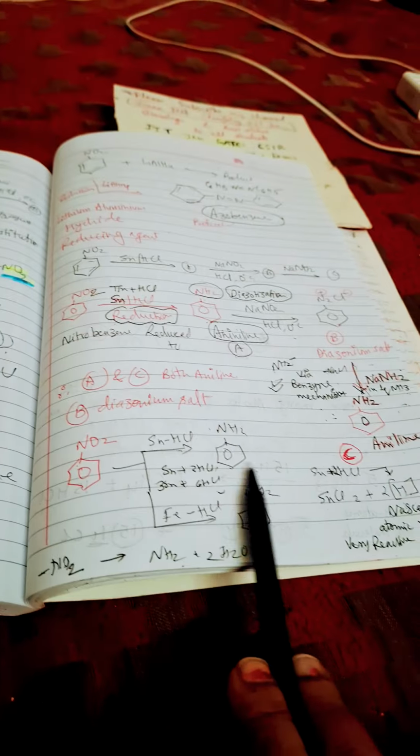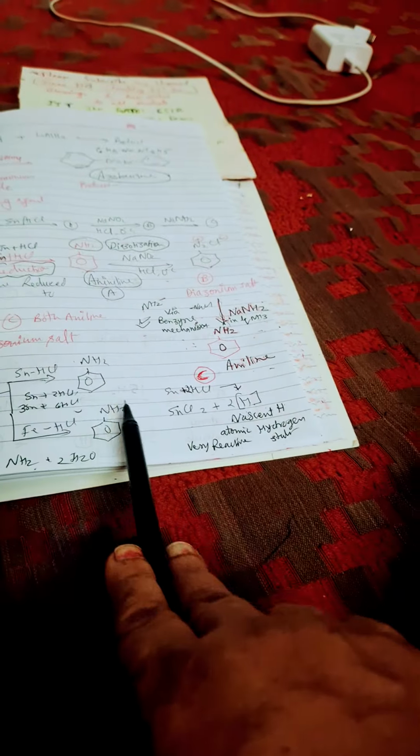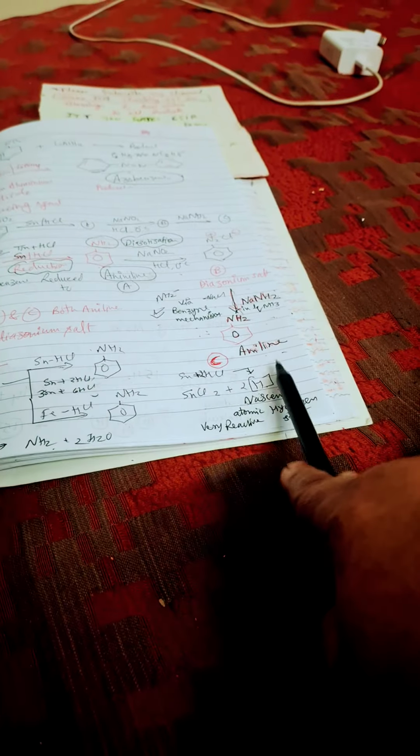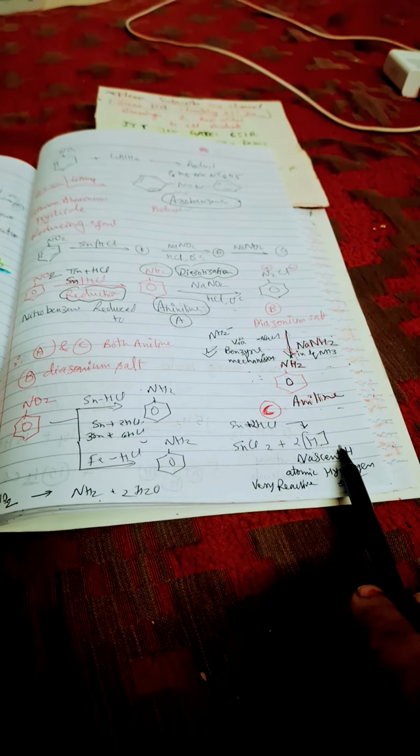Nitrobenzene when reacted with Sn and HCl, aniline is formed; with Fe and HCl, aniline is also formed from nitrobenzene. Sn plus HCl gives you SnCl2 plus 2 nascent hydrogen. It is atomic